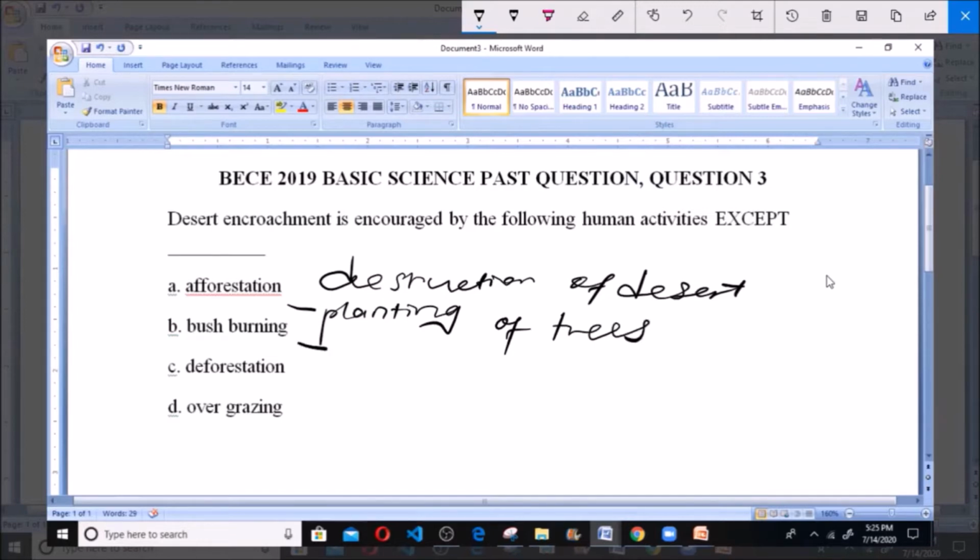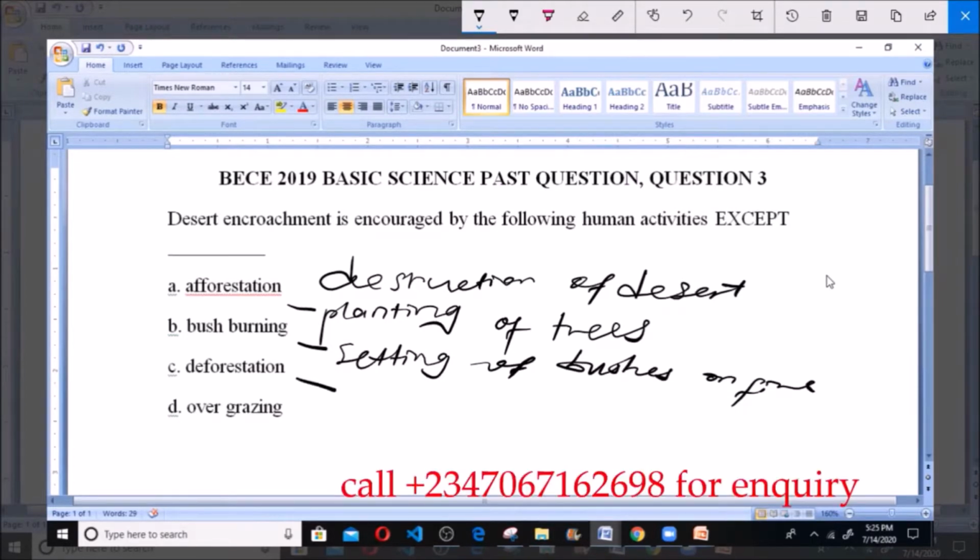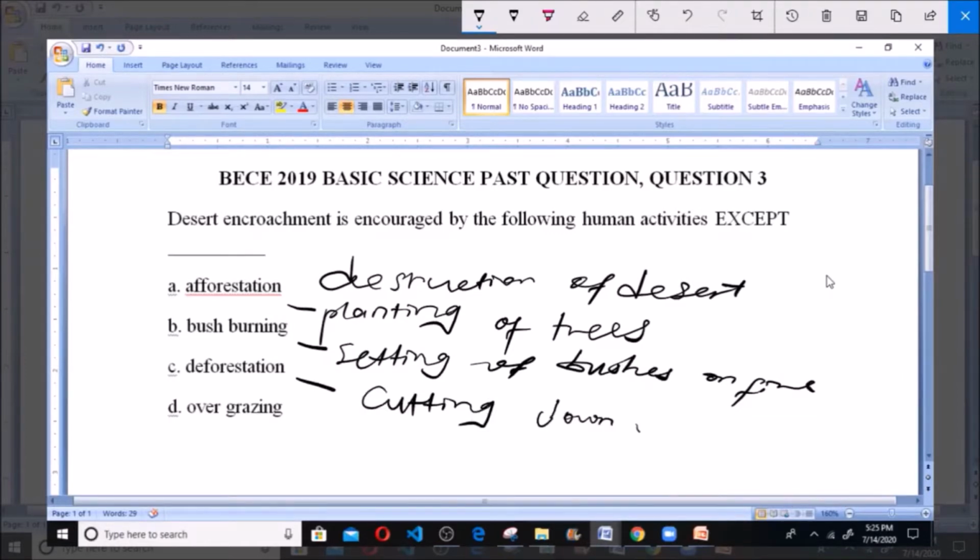B says what? Bush burning. That's the setting of bushes on fire. Now when you set bushes on fire, what are you trying to do? You're trying to expose the soil to harmful factors like sunlight and wind. Then C says deforestation, which means cutting down of trees. Likewise, when you cut down trees, you expose the soil to harmful factors. And overgrazing also, which means overfeeding